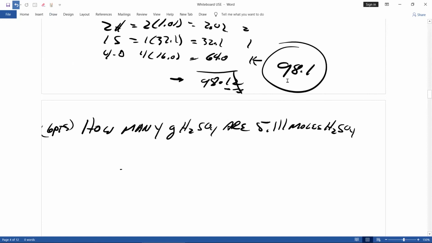And in case you need it, right up here is the molecular weight of sulfuric acid, which we just calculated. And why don't you try that out? Remember, in important information, it will say